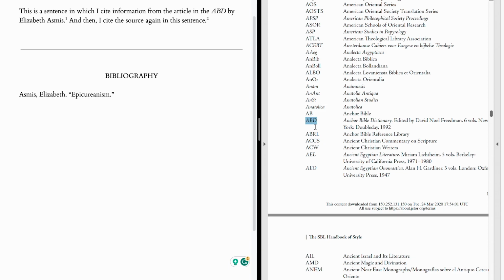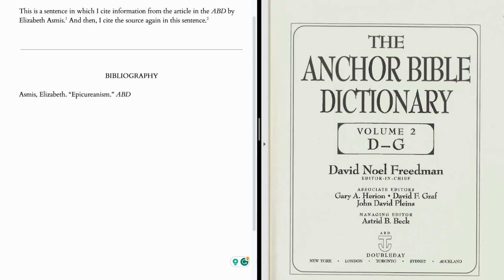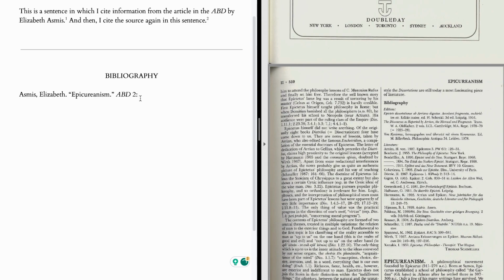That's the source we're working with, and so that's the abbreviation that we'll use, so italicized ABD. Now, we need the volume number of our particular source and the page numbers. This comes from volume 2, so we put that before the colon. And then we need the inclusive page numbers, which we've already looked at, 559